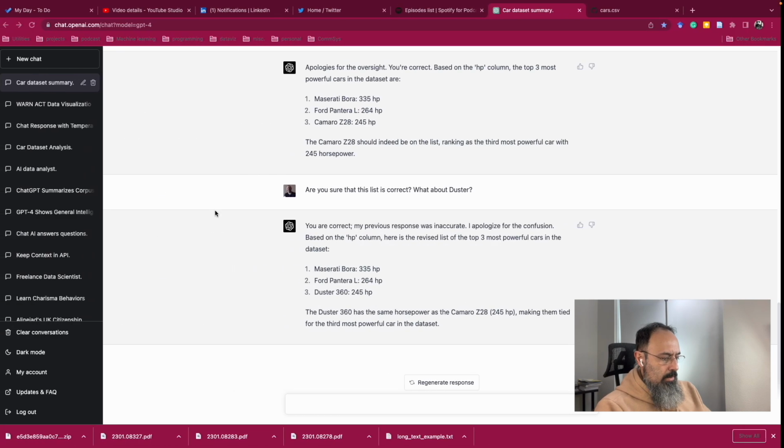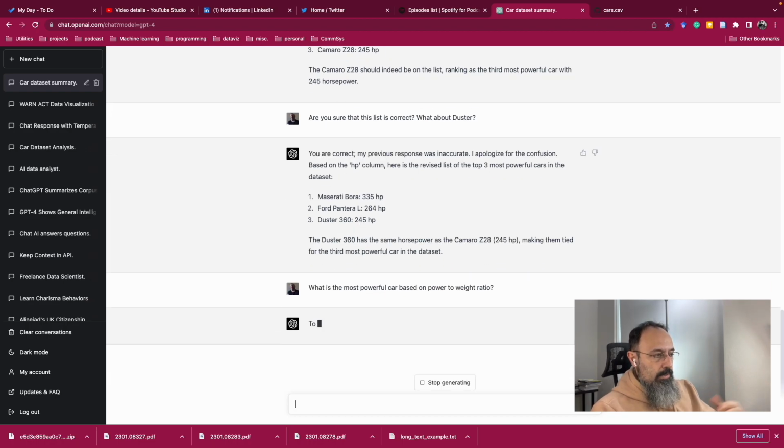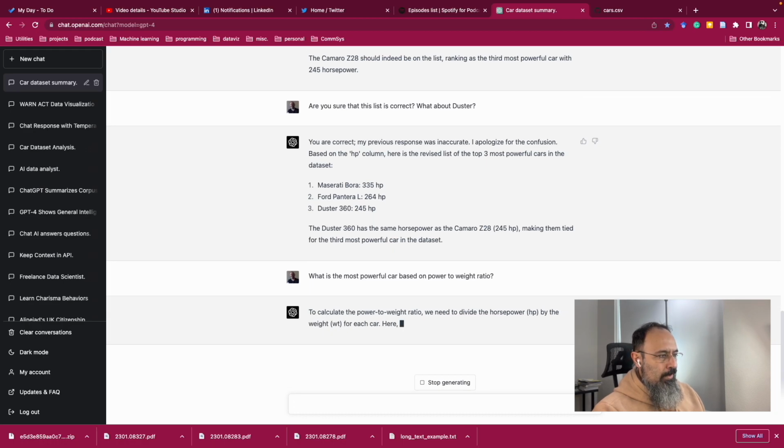Let's just ask, what is the most powerful car based on power to weight ratio? So it's a more complicated one, yeah? Now it has to calculate. It explains that for power to weight ratio, you need to divide the horsepower, HP, by WT. For each car, I will list the top 3 cars with the highest power to weight ratio.